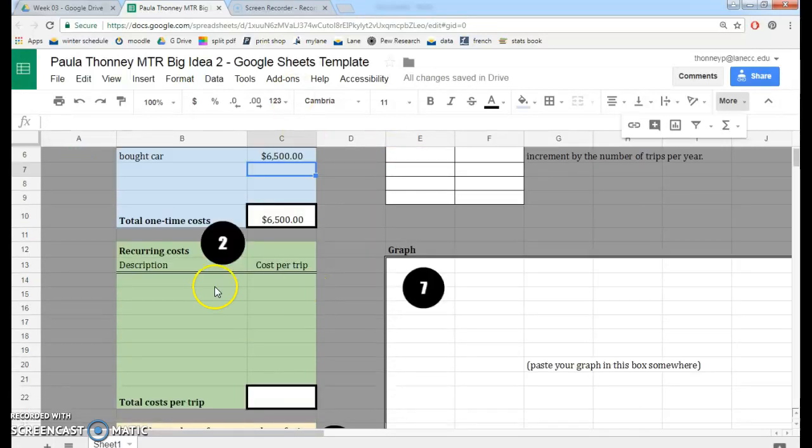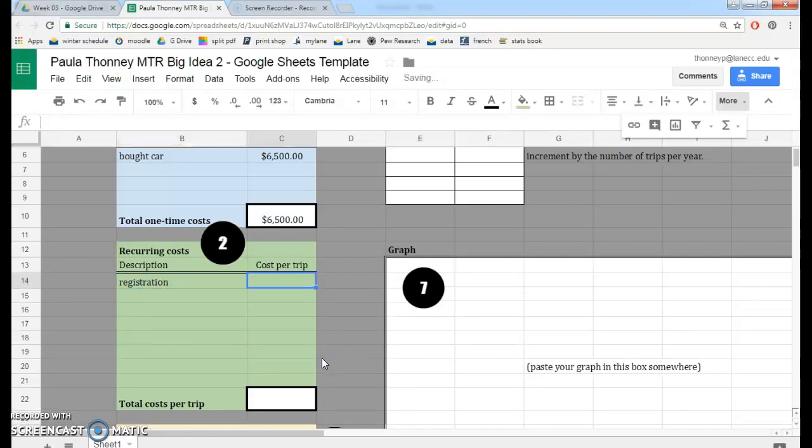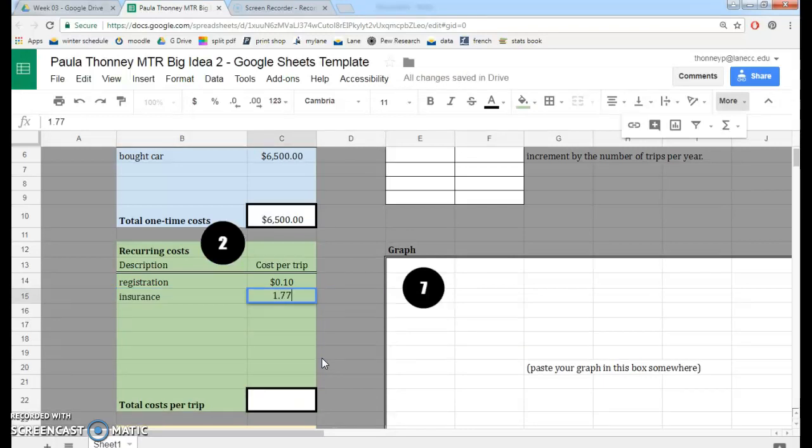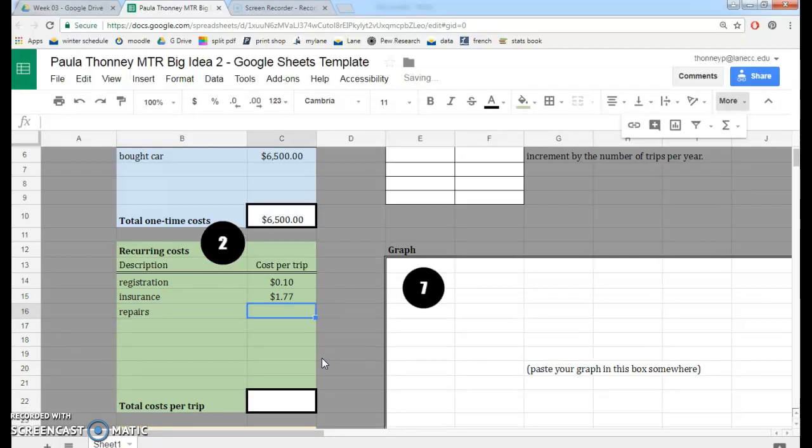Okay, so item 2, recurring costs. So I have, this is from page 70 in my book, registration was 10 cents per trip. Insurance, $1.77. Repairs, $2.40. Tires, tab,